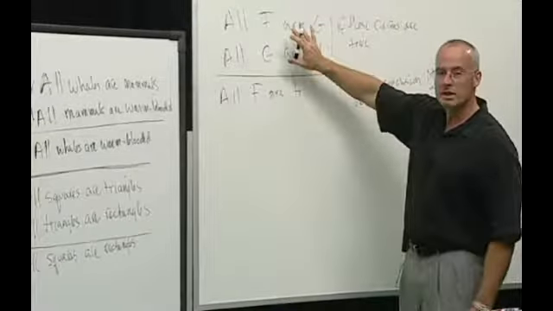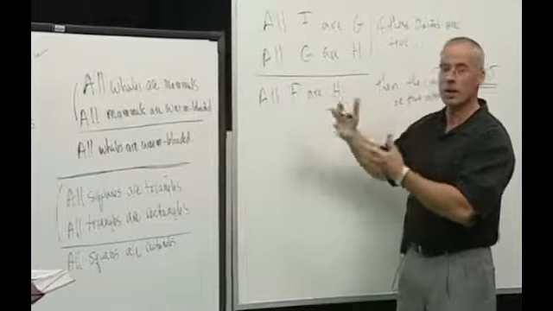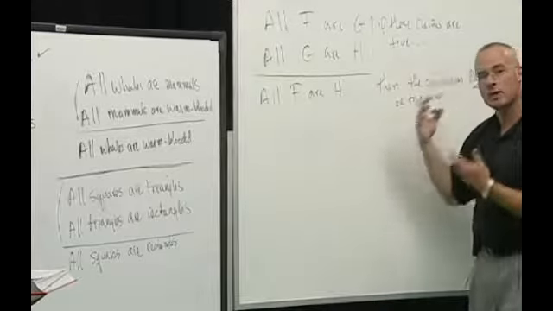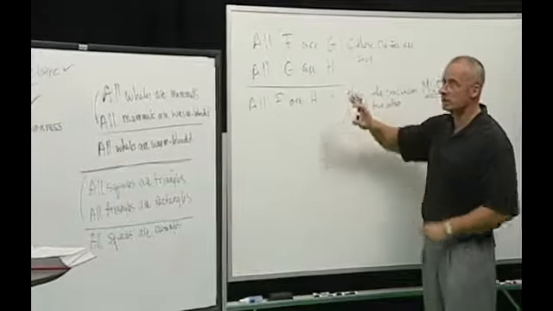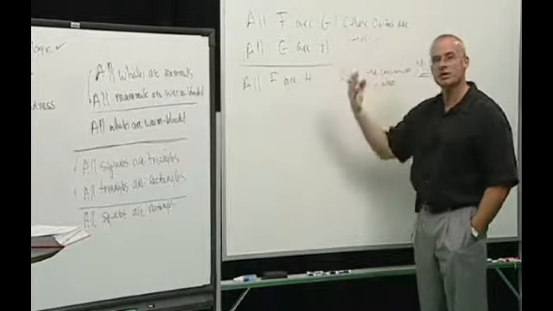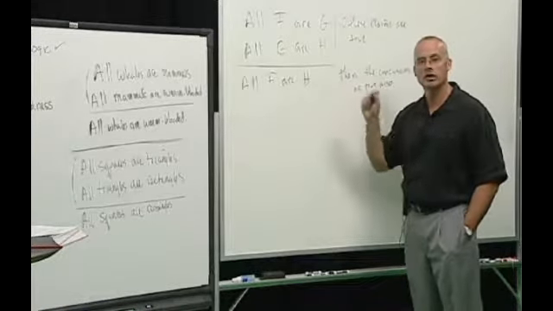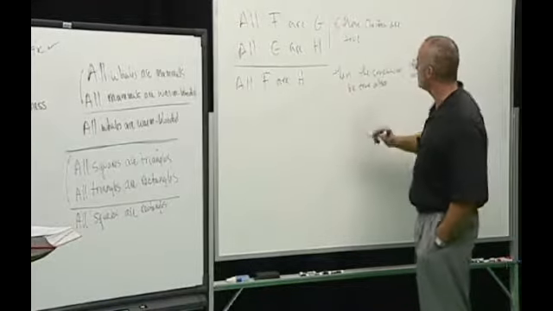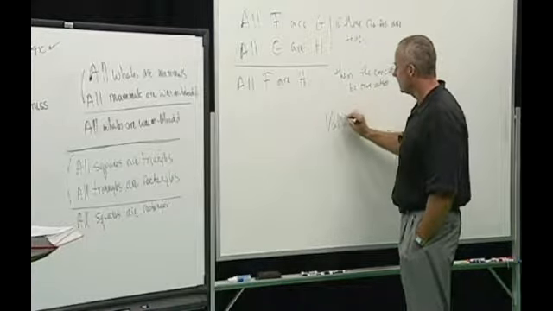When we interpret F, G, and H, that is when we give them a substitution instance and we talk about whales and mammals and warm-blooded things, we ask this question. If the premises are true, is it necessary that the conclusion follows? If all whales are mammals and all mammals are warm-blooded, can we imagine a world in which it's false that all whales are warm-blooded? Clearly not. We know that that conclusion has to be the case. That is the essence of what we call validity.